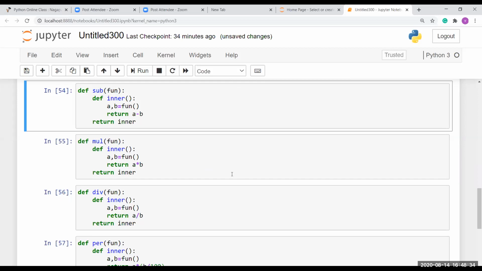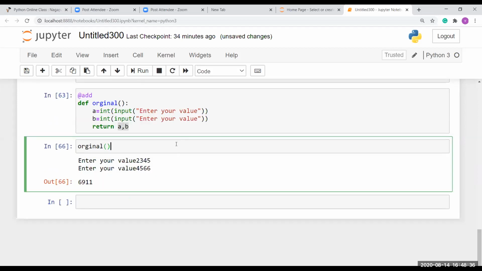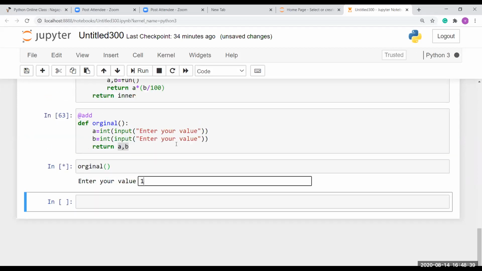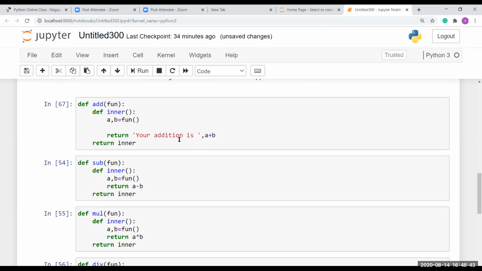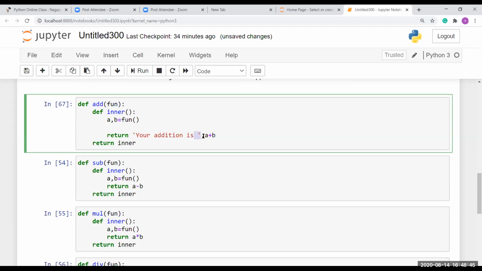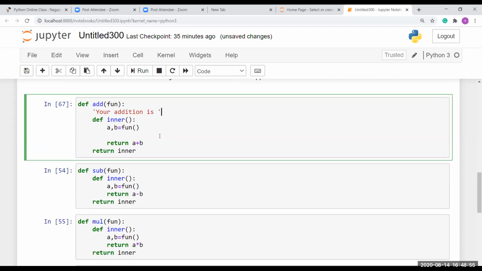Okay, let's see what happens. So 12, 34, 46. It won't print this. Okay, so I'm gonna add this line into here, but here also it doesn't print.